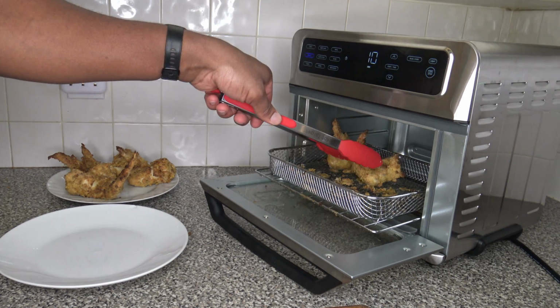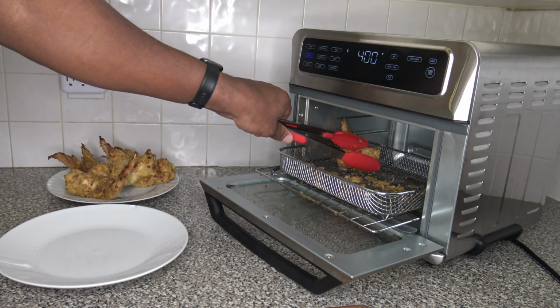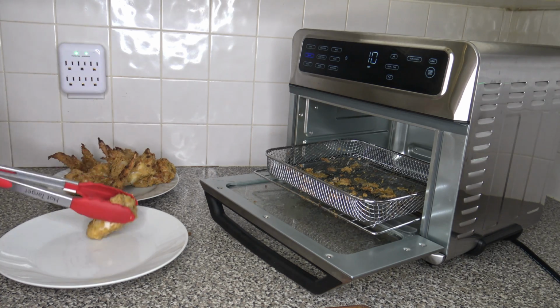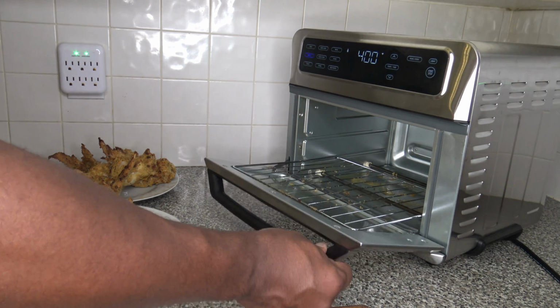You can flip them halfway if you want, but then I think you probably do risk some smoke issues, because you're going to have a lot of fluid coming off of there. I'm just going to set that one there, and I'm going to get the air fryer rack out the way. I do want to show you